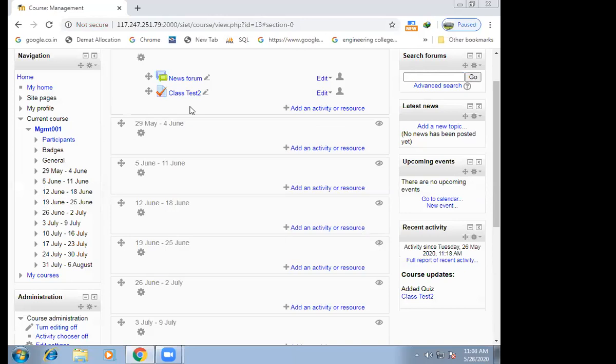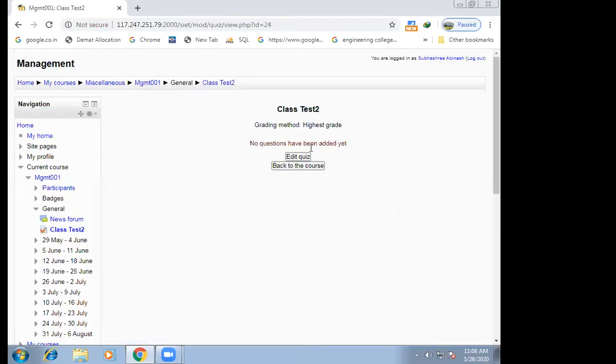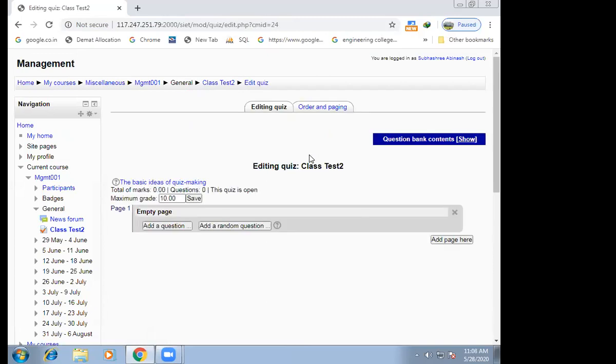I want to add some questions. And it is better to always add the multiple choice questions. So in class test 2, you can add questions. No questions has been added yet. So edit quiz. Click on edit quiz to add a question. So here at the time of adding a question, you can give the maximum marks. So I am requesting you to give the maximum mark 15 as decided. If more marks will be there, so we have to adjust. We have to do some calculations after that. This is depending on you how much mark quiz you are going to conduct. So I am making it 15.